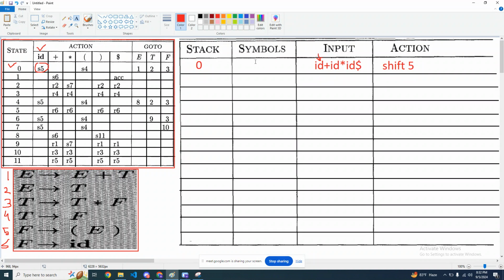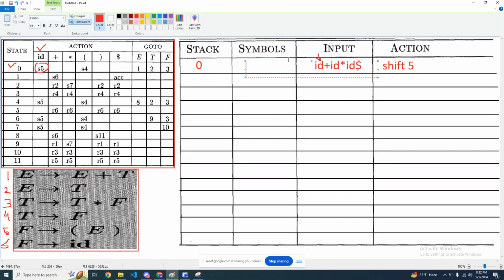Okay. Again, the symbols is also a stack. So the bottom of the symbol stack will hold a dollar sign. Okay, so the bottom of the symbol stack will hold a dollar sign. So you need to add a dollar here. This is to indicate if it is the end of the stack or not. Okay,